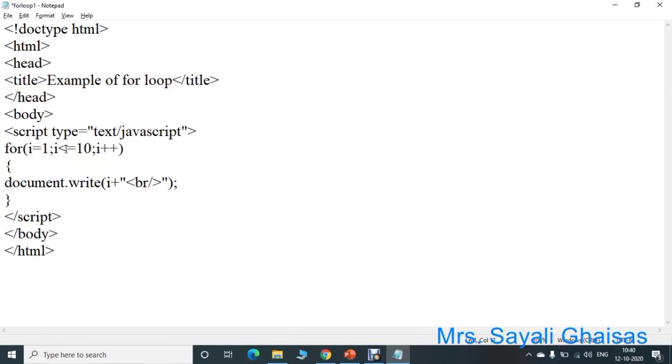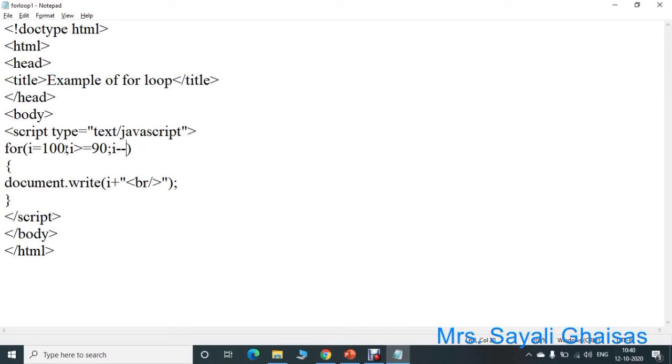Now if we want the values in reverse order, suppose from 100, then we can specify the condition as i >= 90, suppose, and we have to now decrement the value. So i--.